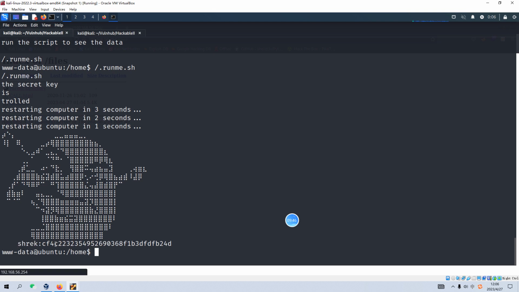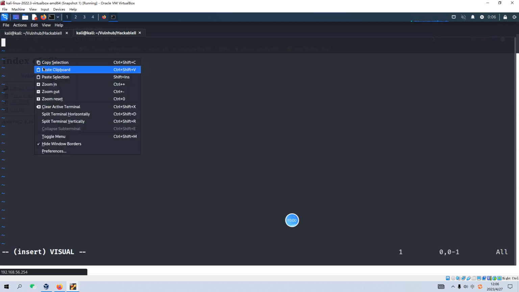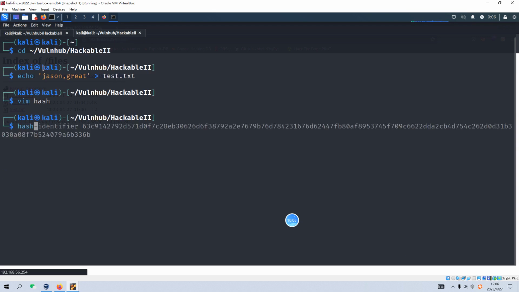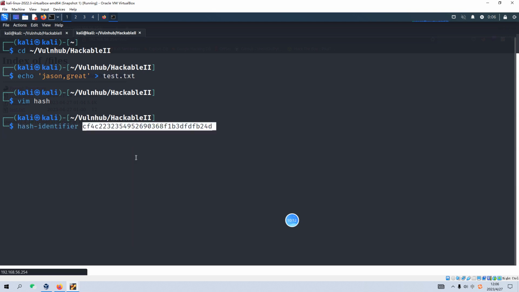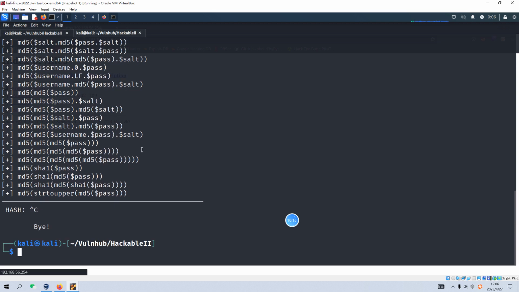Okay, and now we can copy this value, and we can create a file like hash. Yeah, it's okay. And then we can right click, and of course we can use the hash identifier to identify the type of the hash. Yeah, this is MD5. So now we can use hashcat to